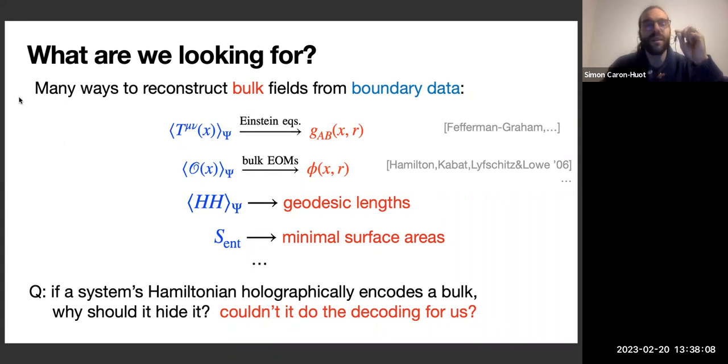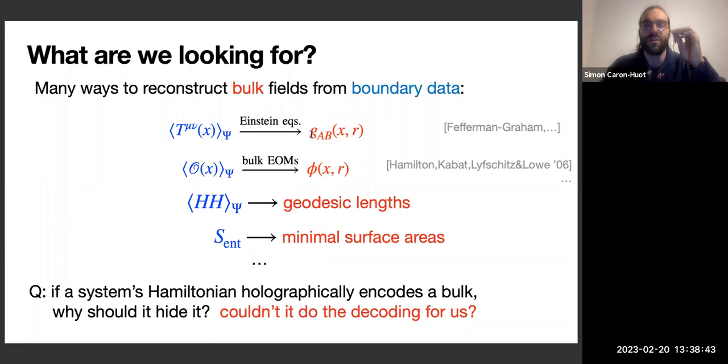Now, out of these approaches, in my view, there's one thing that's not optimal about them: they all involve solving complicated inverse problems. You have to know the bulk equations of motion to be able to do it. It's really decoding the bulk. Someone is doing the experiment, measuring all these 1-point functions, and then you use them as your